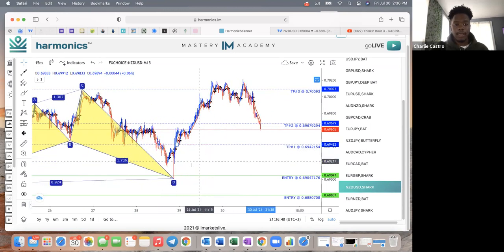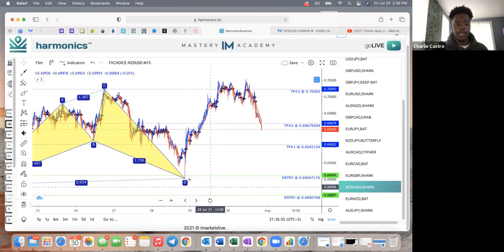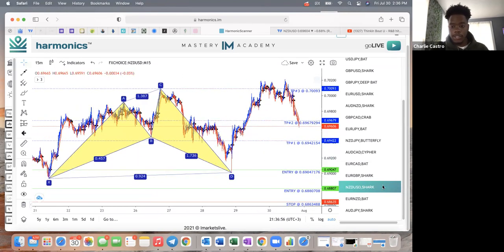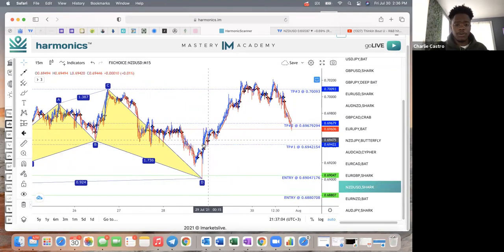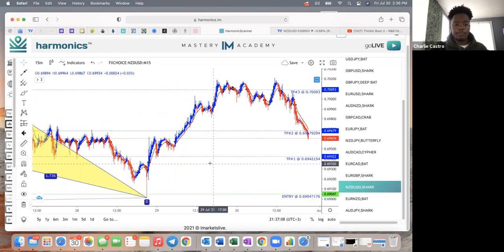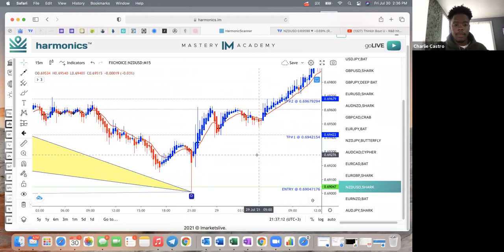We have a bullish pattern. We have our D at the bottom, and bullish means buy, if you were wondering. All right, and we have a shark pattern. I'm going to get into the shark patterns and the bat patterns at the end. But right now we're just focusing on the strategy itself. So one thing that you want to do, and I'm going to go ahead and zoom in, is